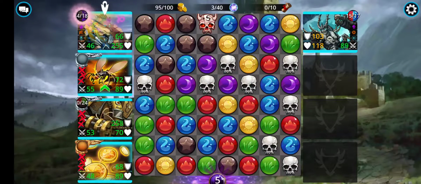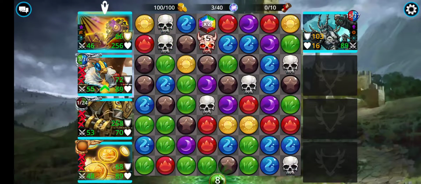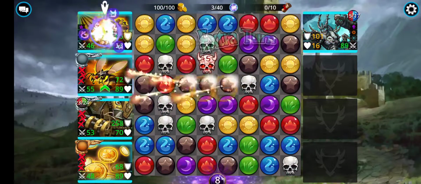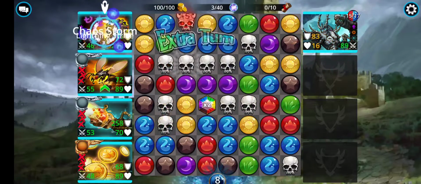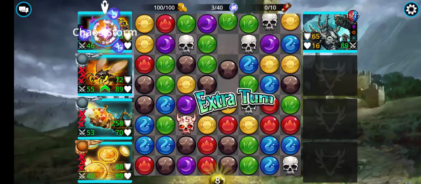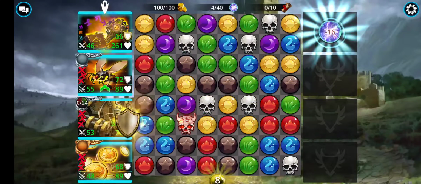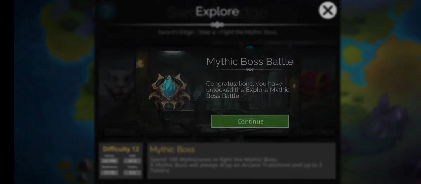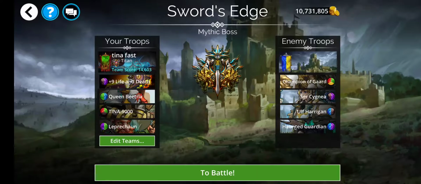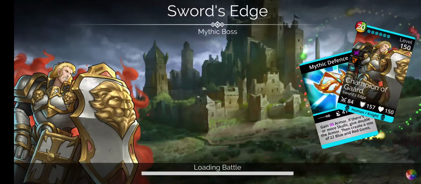All right, no more extra turns, so I'm going to go with Queen Beatrix. There's a green extra turn. And that looks like that's it. I'm just making sure I get all my extra turns. That way you guys can see it in action. But that's really the thing that makes or breaks a battle sometimes. I mean, if you can get enough extra turns,